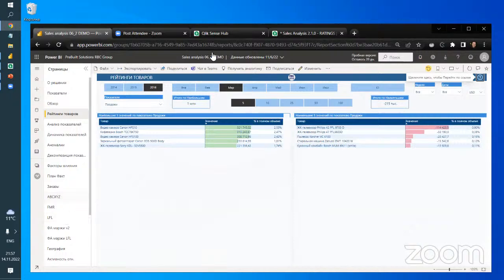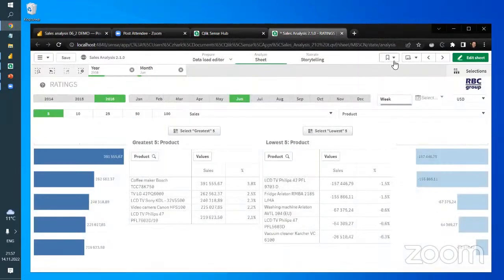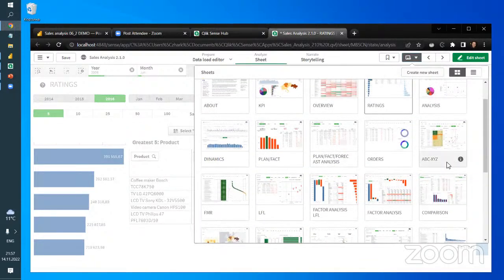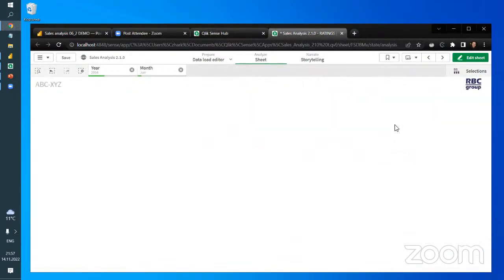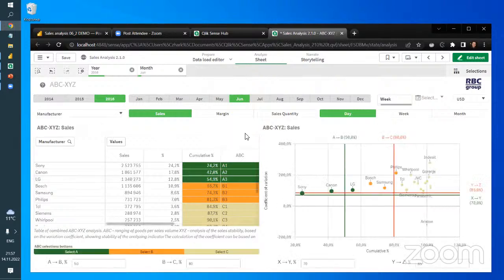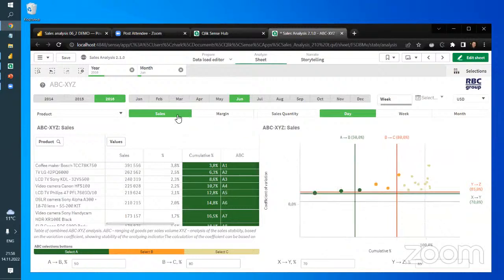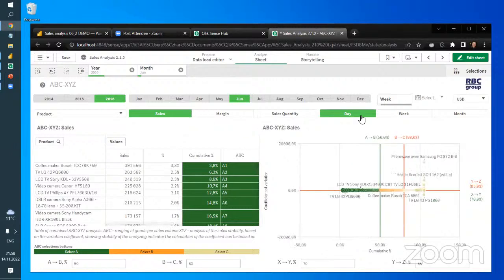Another thing I'd like to show, for instance, is the ABC analysis. Sometimes it's a very requested feature from business analysts. In Power BI, you see, in Qlik Sense, we can make different selections. We can select, for instance, products, sales or margin, like a measure, granularity,